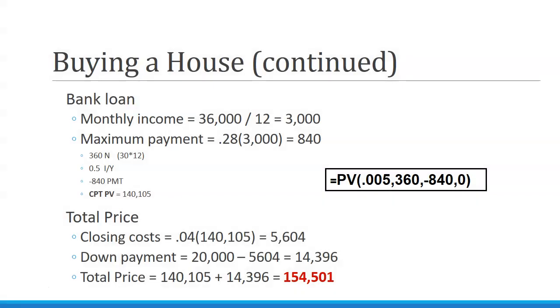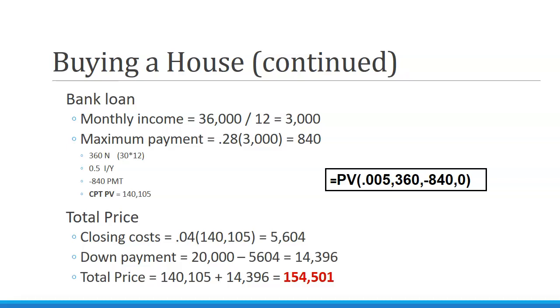So we're looking at our monthly income. We take our yearly income and divide it by 12 for $3,000. Our maximum payment is 28% of our monthly income, so $840. Our monthly interest rate is 0.5, and we're looking at 360 months for a 30-year payment. So we have closing costs, or the total price, at an $840 payment, the present value of that amount is